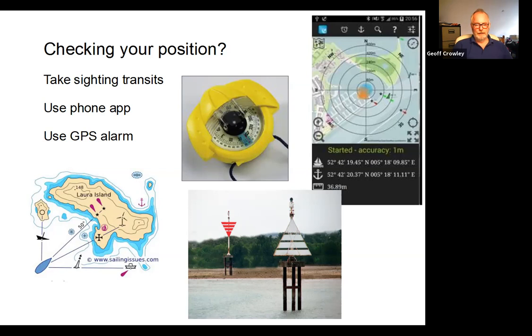On the left-hand side, we've got a boat anchoring off a little island, and he's taken several different sightings by lining things up. Notice here he's lined up a church. This is the symbol for a church building, and a windmill tower behind that on this island. And he's lined those up. And if he stays on that line, then he knows that he hasn't moved in this direction here. He hasn't moved at 90 degrees to the...